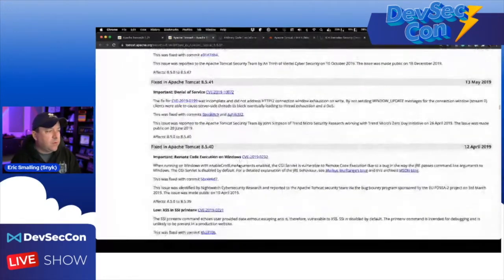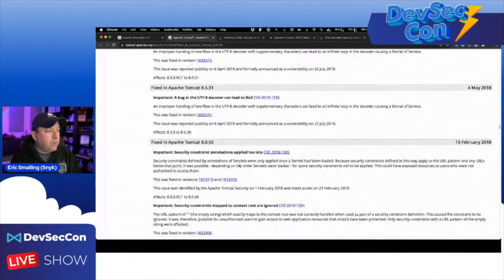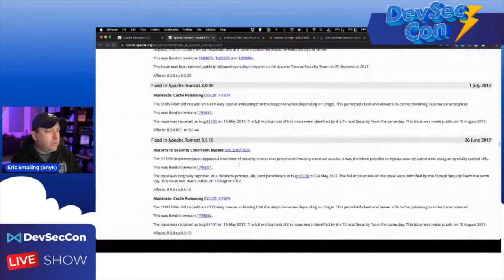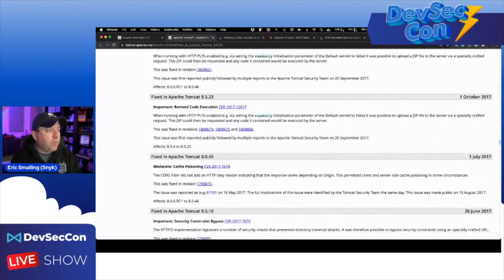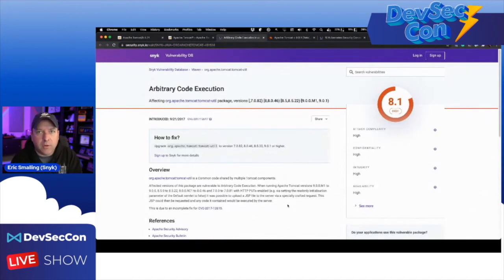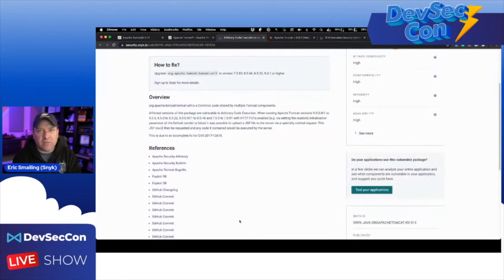If we scroll down to, I believe, I skipped it. There we go. There is a remote code execution vulnerability that was fixed in 8.5.23. That tells me that anyone that's running anything older than that might be vulnerable. Now, I could go into this CVE, and this is our vulnerability database, kind of like MITRE, that shows that kind of information. I can dig into this and figure out exactly what is the problem with this Tomcat util